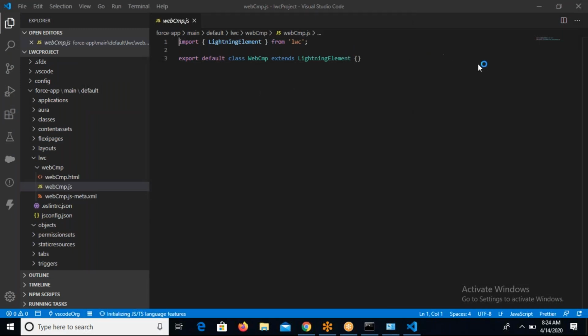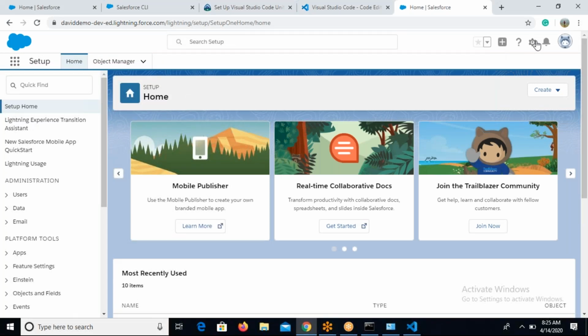So now we got our first lightning web component within no time. So you will not be able to create lightning web components directly from the developer console. That feasibility is not there. So if you go back to Salesforce,